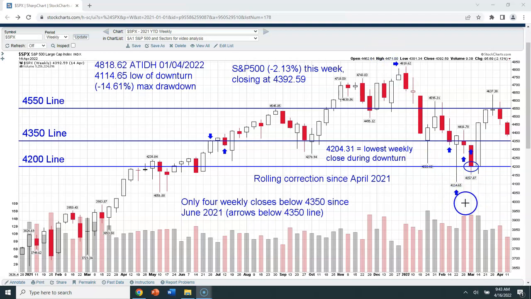And I just have this memorized. I don't have it exactly annotated, but those are the dates. January 4th to February 24th are these numbers. And that's reflected right here in this annotation where you see my cursor circling, is we've had so far a max drawdown during this downturn of 14.61%.